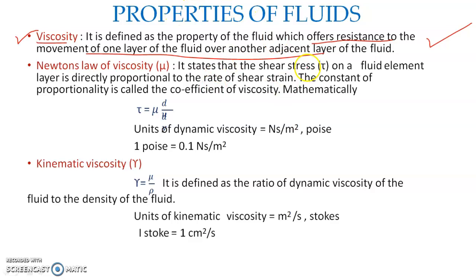Consider a water droplet on a table, like this, with some of the water particles moving in this direction. You can observe from top layer to bottom layer, the top layer always achieves a shortened length, but the bottom layer achieves a much longer length. So what is the reason behind that? It means that between the top layer and bottom layer, there is some resistance to the flow of the motion. This resistance is called the viscosity.